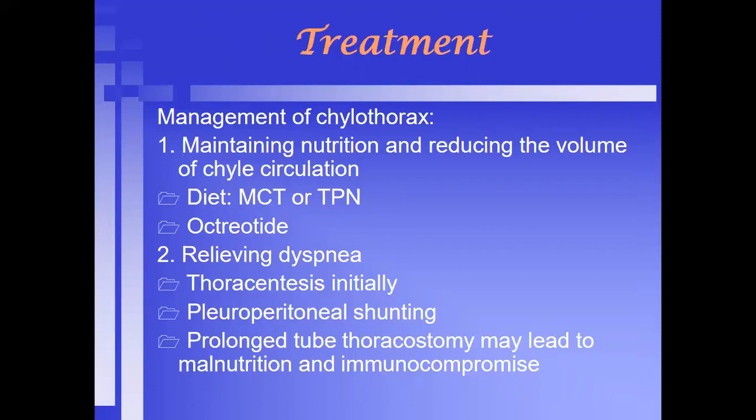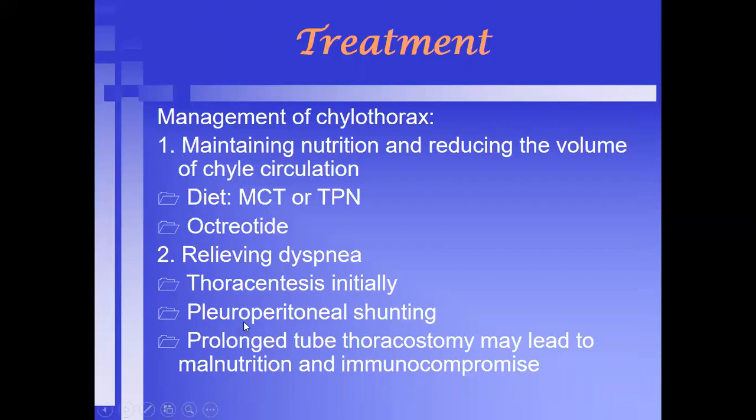It causes vasoconstriction of your GI circulation, leading to decrease in blood flow and therefore decrease in production of your lymphatic fluid, thereby decreasing the volume again of your pleural effusion. The second goal is to relieve the patient's dyspnea. So initially, we do thoracentesis for these patients, and when we learn that the patient is actually having a chylothorax,